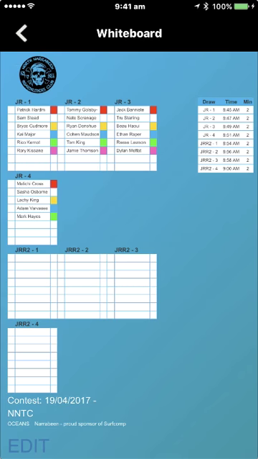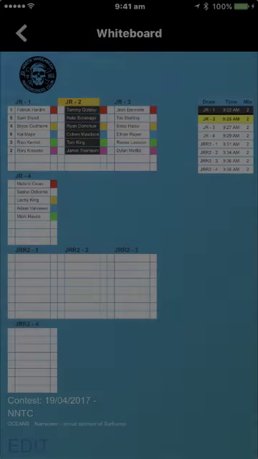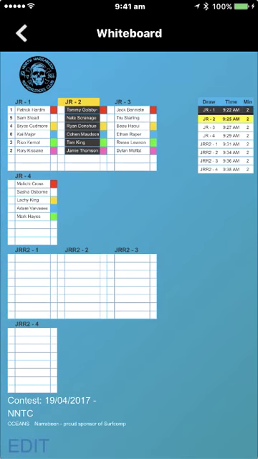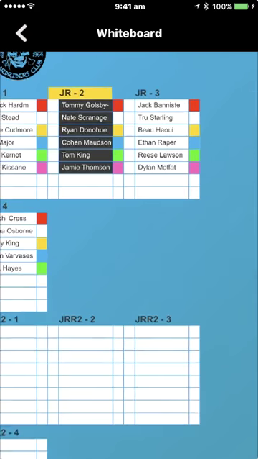And the last thing that needs to be done, I will have to run through a heat here, which I'm going to do as I pause this video. I'll come back and show you how we're going to manually advance people from one round through the next. Okay, so we're back again now. We can see that Junior 1 has completed, Junior 2 is in the water,